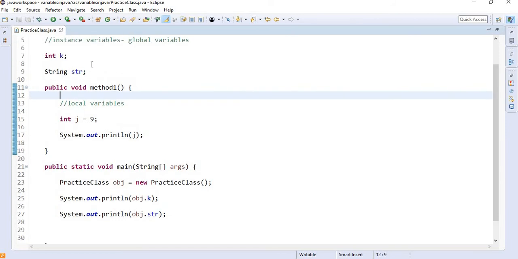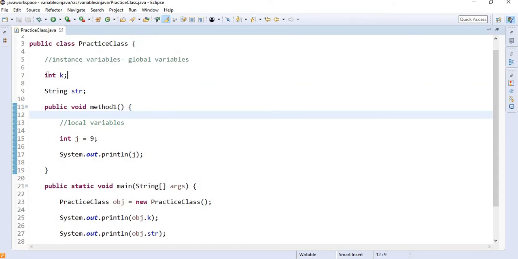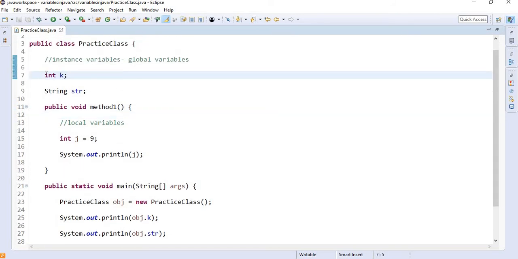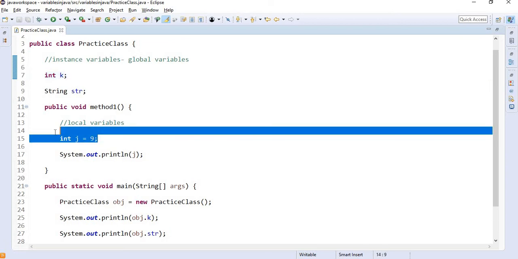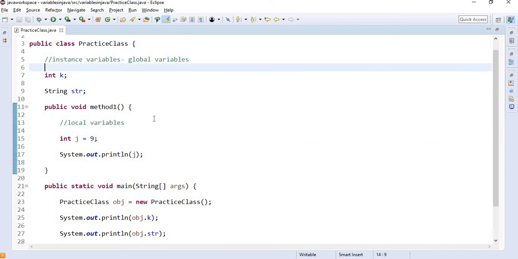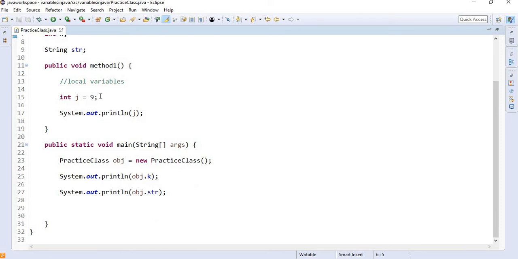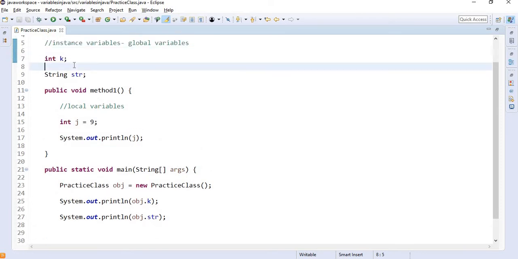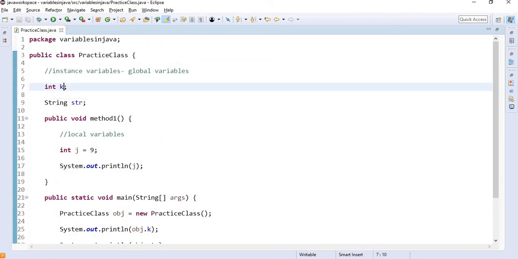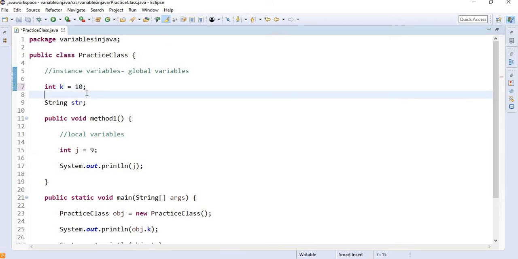Which means the second difference is that an instance variable holds the default value, but a local variable does not hold the default value. The third difference is I cannot reinitialize the value of my instance variable, which means, see,